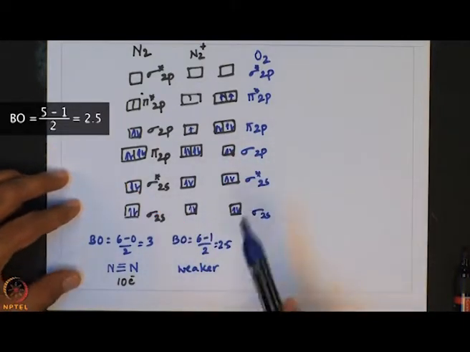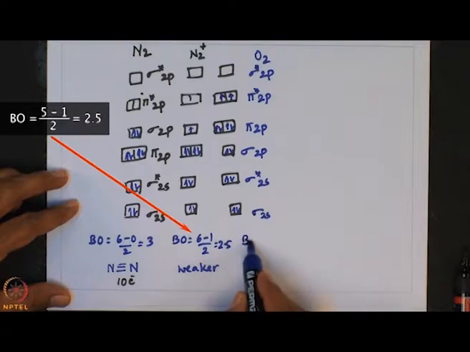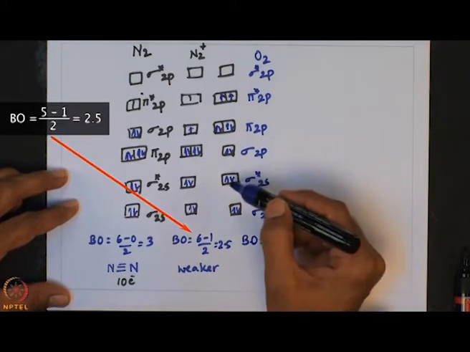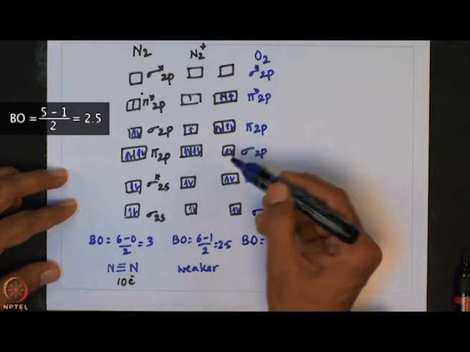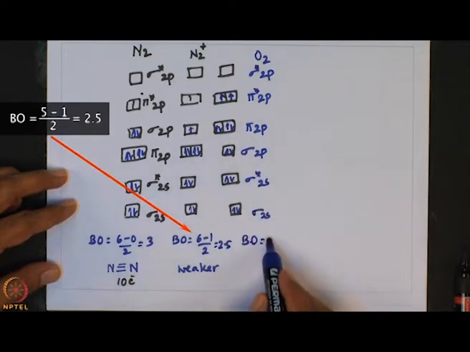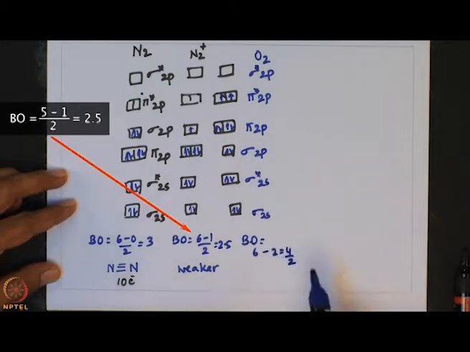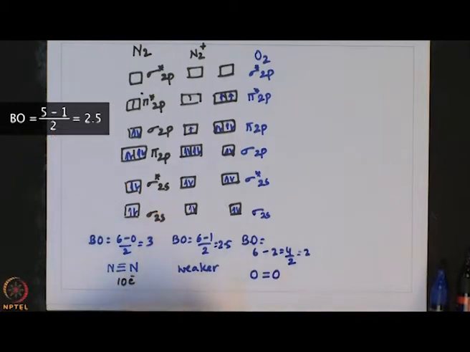And here if you look into the bond order, we have 2 plus 6, 6 minus 2 equals 4 by 2, that means the bond order is 2. That indicates we have a double bond between 2 oxygen atoms. So, verification is correct. Now, let me write the MO diagram for O2 plus.